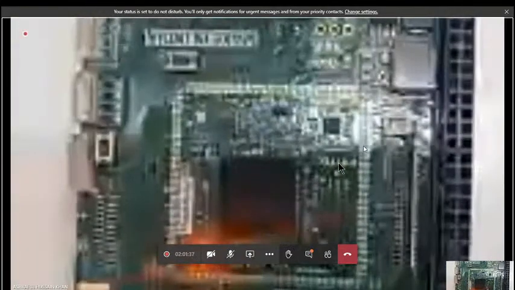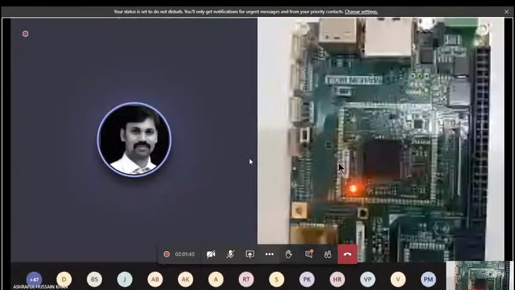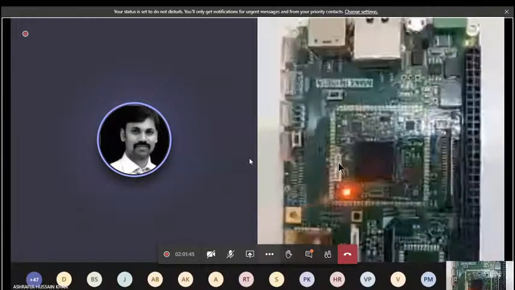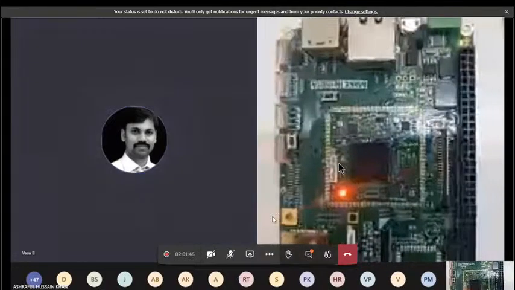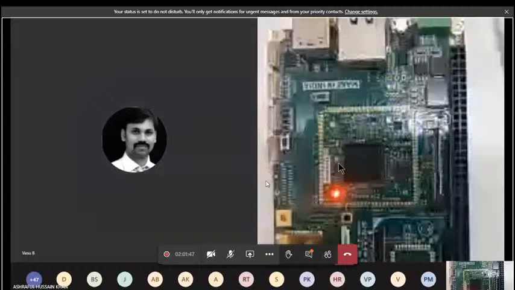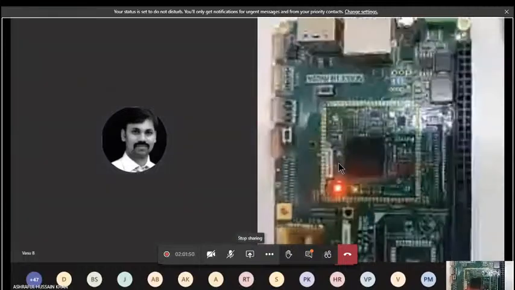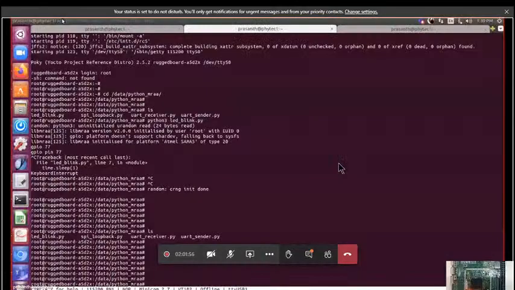After that, I will be showing the demo here. Ashraful, can you share Prashant's screen? I think Prashant has not started yet. Prashant, you share your screen. Yes, I share the screen.